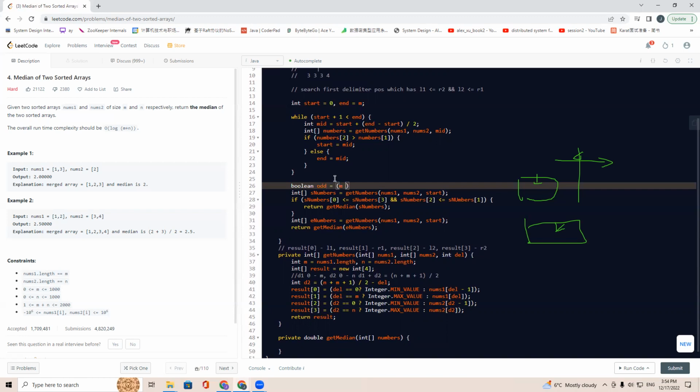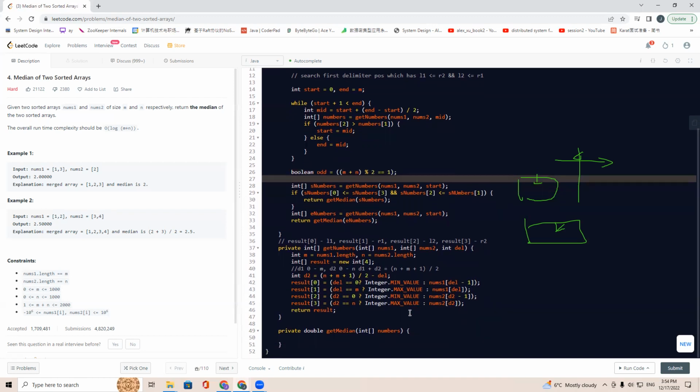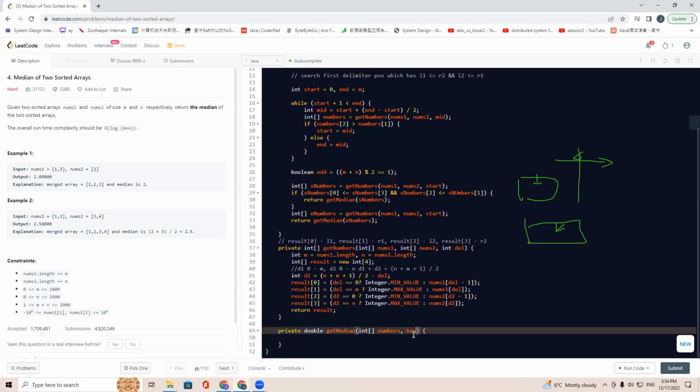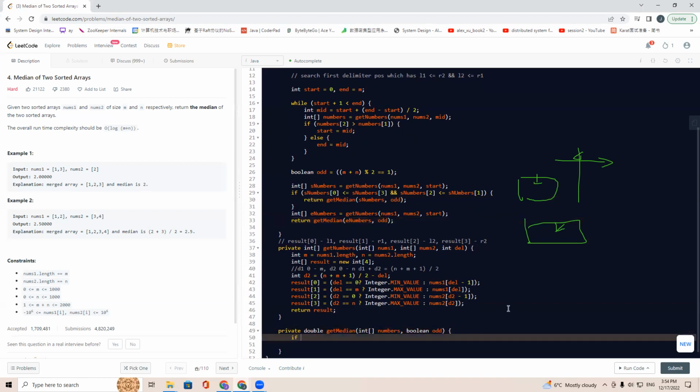Equals M plus N mod 2, whether this equals 1 or not. Right. So let's say if odd, we just return